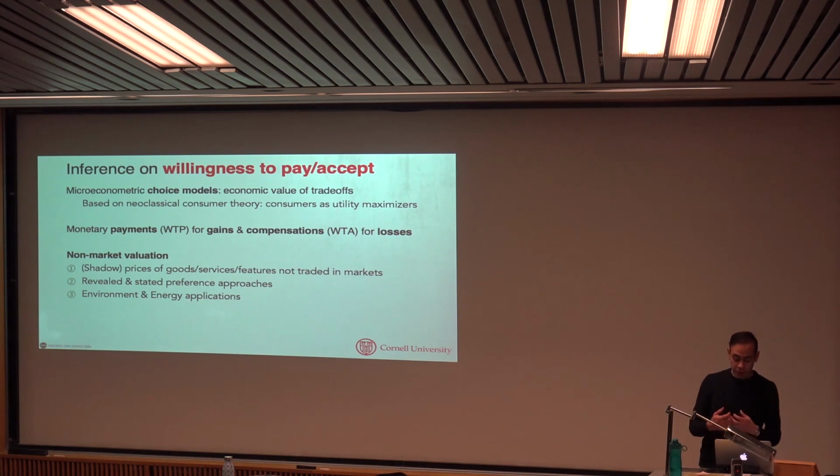So in particular, sometimes we discover that for a specific good or service, or feature of an environmental good, people are actually willing to pay for that good. So they value that, and they extract what we call utility from consumption. In some other cases, people see that as a loss, and then people are not willing to pay, they're willing to accept. And we'll see an example of that in this particular talk.